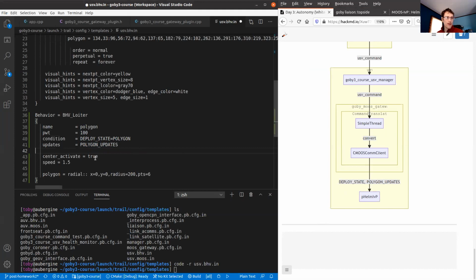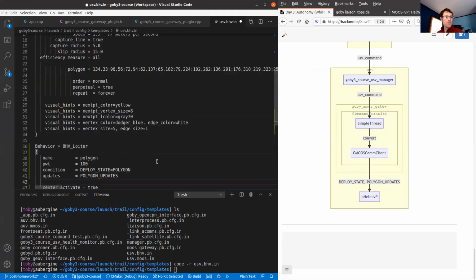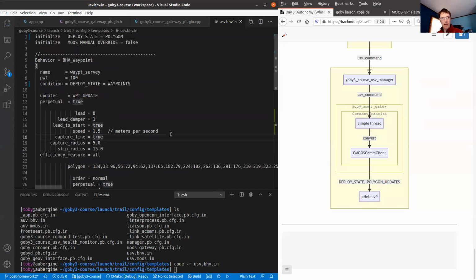We'll set center activate, which just means to do the loiter around where the vehicle currently is at a speed of 1.5 meters per second. And then the initial polygon, so until we send in an update, will be this 0, 0 centered 200 meter radius hexagon. So now that I've changed that and saved it, we need to also add Goby Moose Gateway to the launch.